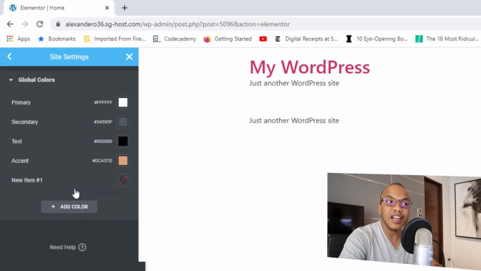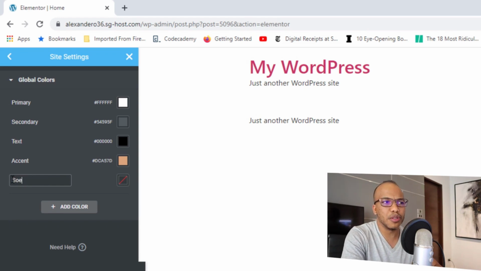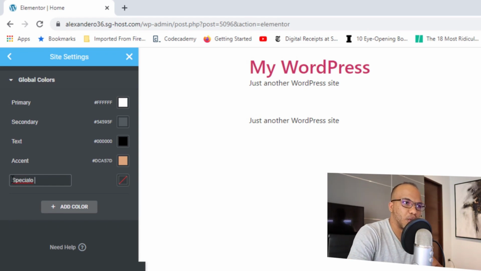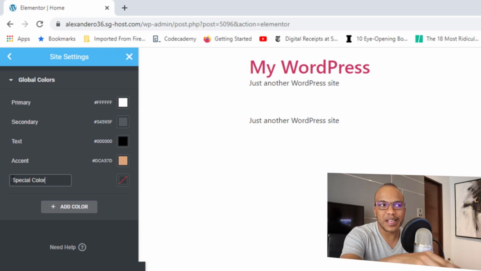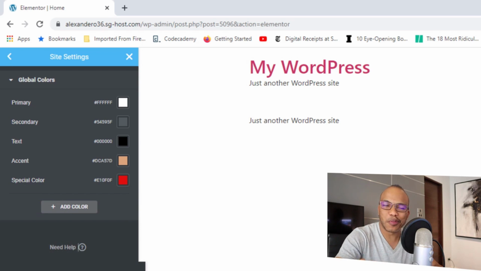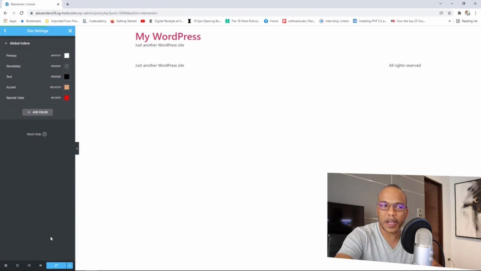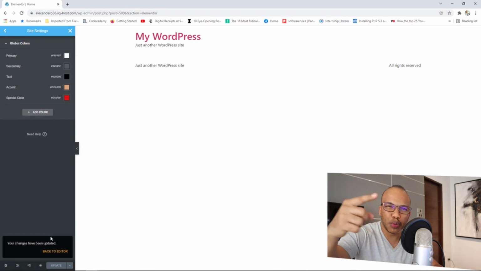You can come in here, click on add color, and you can name this one like anything. You could give it like, let's say, the special color. Okay, I'll show you how this works a bit later, but let's just call this one special color. And in here I'm going to click on the box and let's just choose something reddish. Okay, so I have my own custom color called special color. I'm going to go ahead now and simply update. Okay, so we've set our global colors which we can use throughout the site, but then we also have access